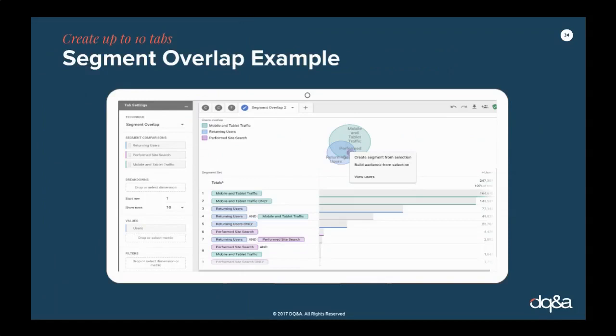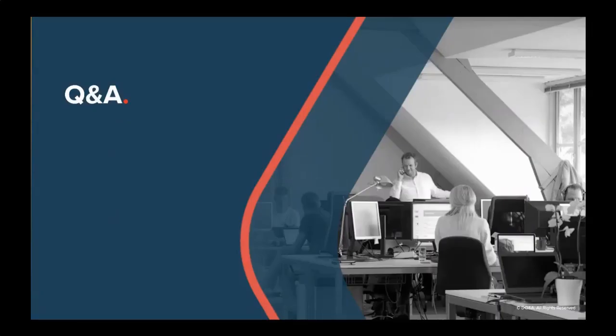In this case, again, very easy example with mobile and tablet traffic, returning users and users who did a site search. And you see where they stand in between the intersection of mobile and desktop. And I'll now leave it to you guys. If you have any questions,